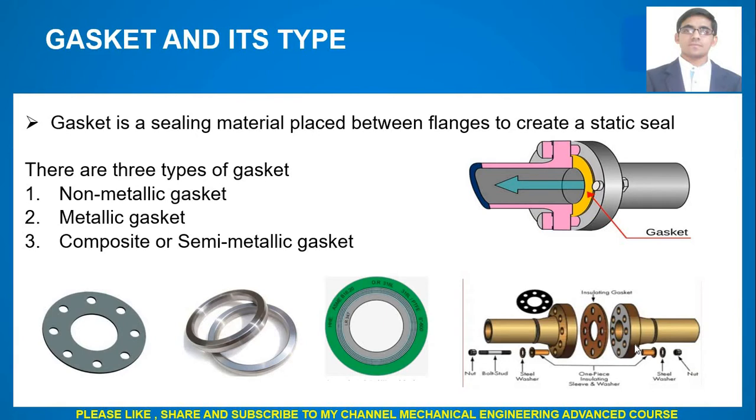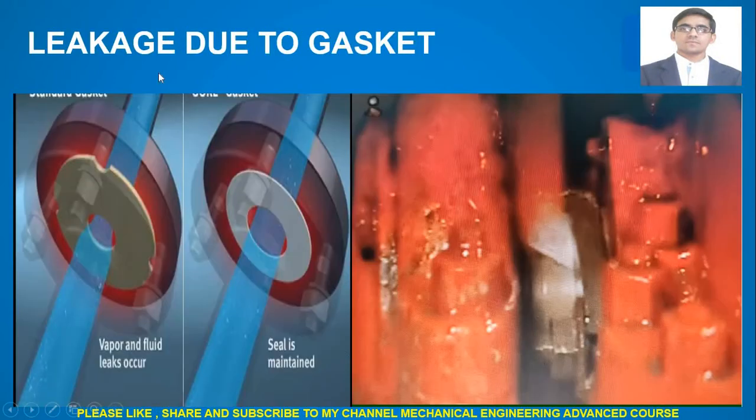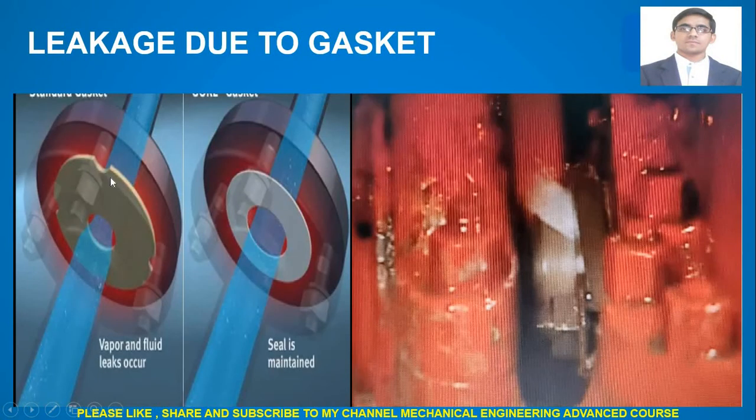stud bolting is done. So there are three types of gasket: non-metallic gasket, metallic gasket, composite or semi-metallic gasket. This one is non-metallic, this one is metallic, and this one is composite or semi-metallic gasket. Now, before explaining the types of gasket, I want you to know the proper selection of gasket based upon the temperature and pressure. As you can see here in this image, when very hot fluid is passed through this pipe,